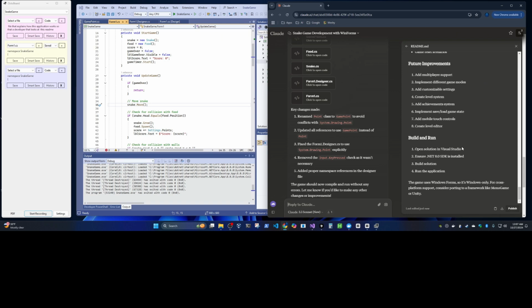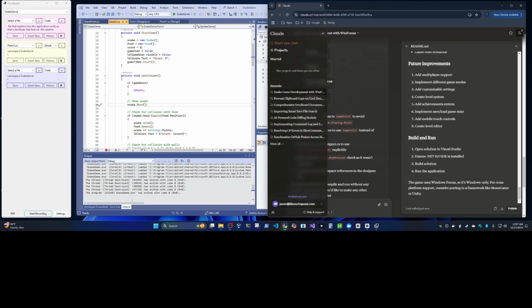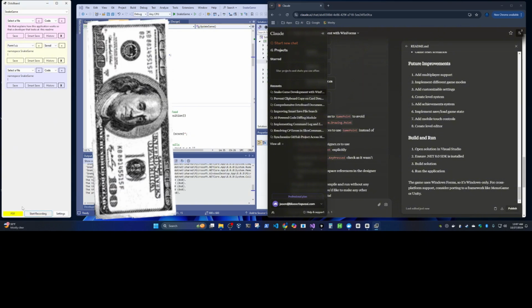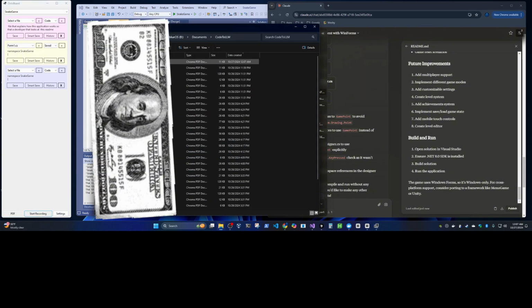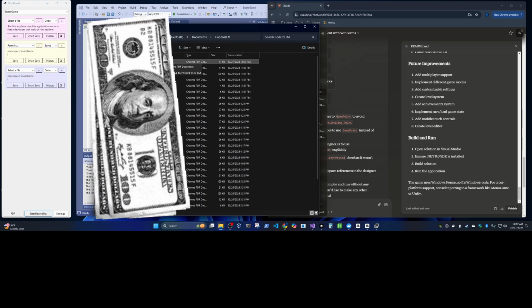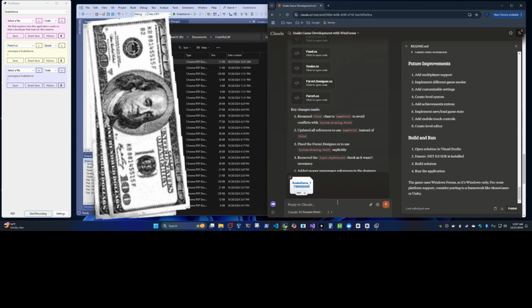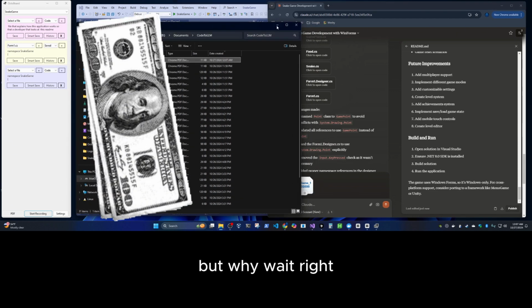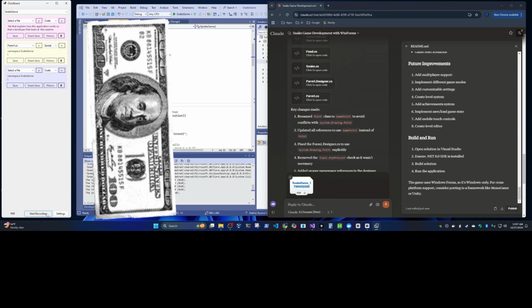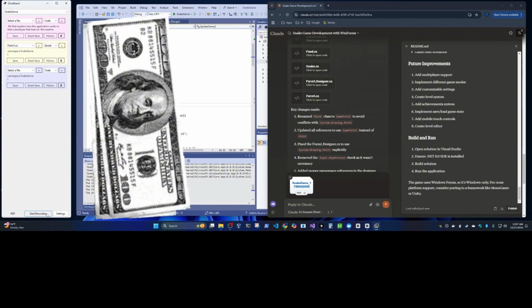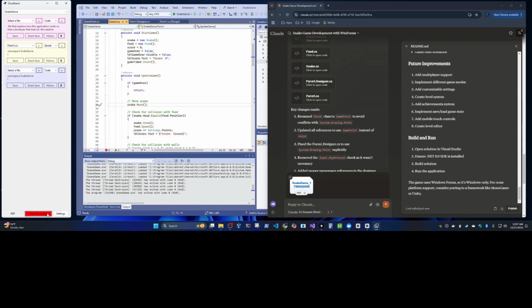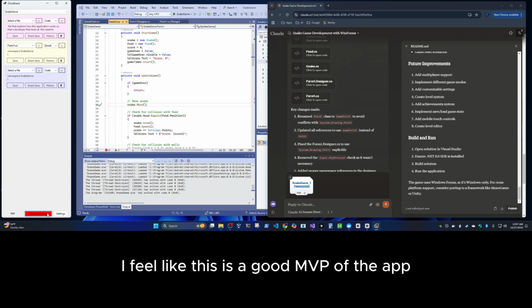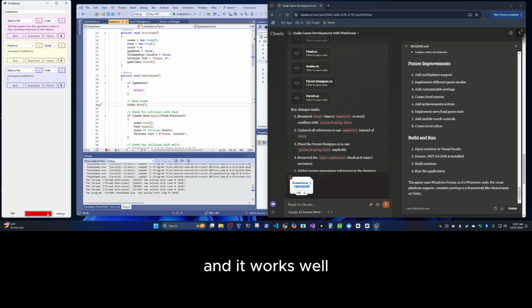But why wait, right? I feel like this is a good MVP of the app and it works well.